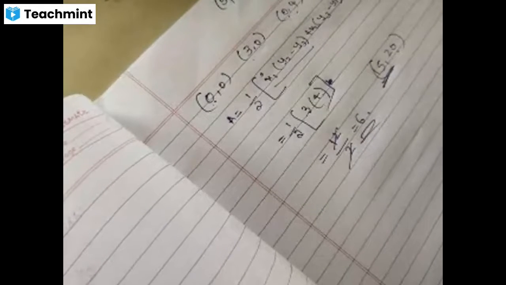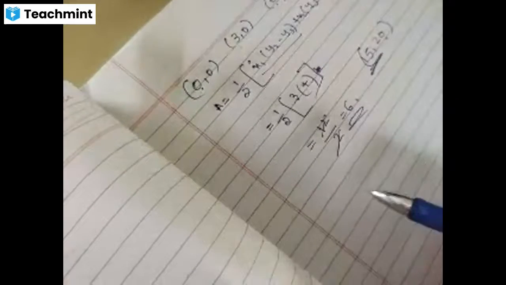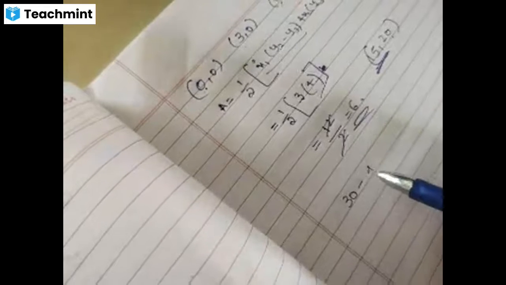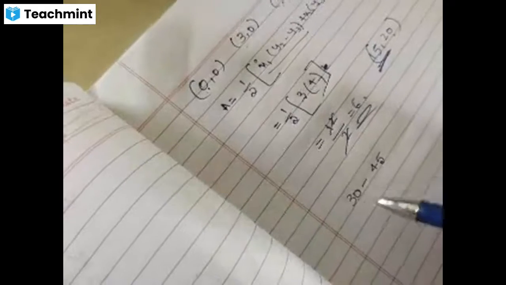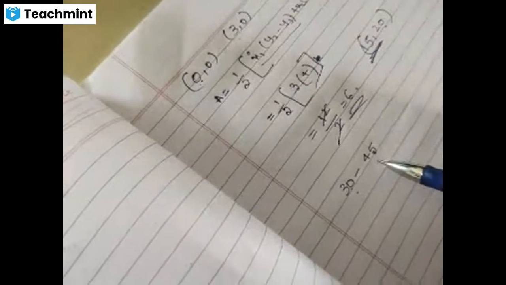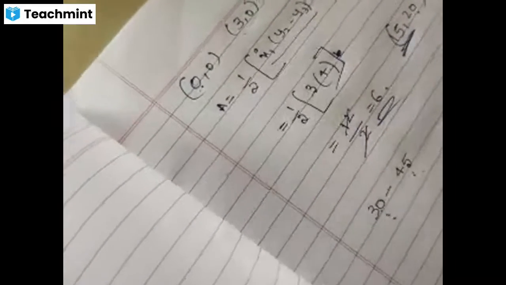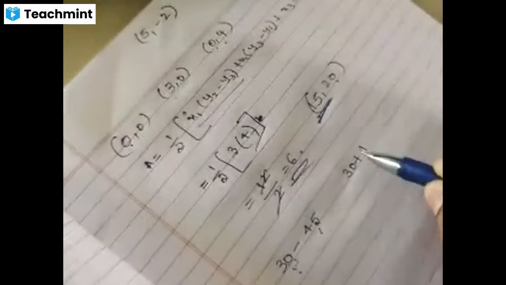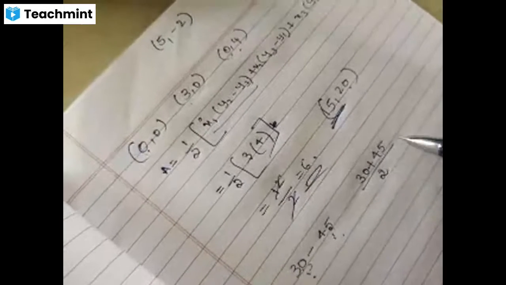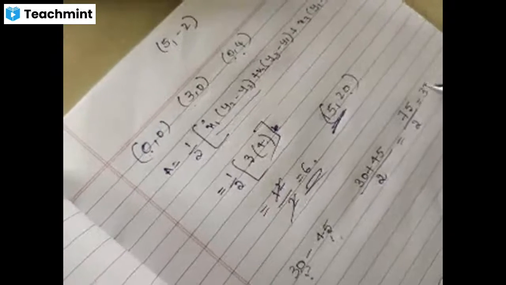One more question. It's also direct, but depends if you want to do the calculation. The class mark of 30 to 45 is. Class mark means midpoint of the class interval. Remember the one more name, it is class mark. What is the midpoint of the class interval here? 37.5. How to do? Add these two, 30 plus 45, and divide by 2. So it is 75 by 2, that is 37.5.